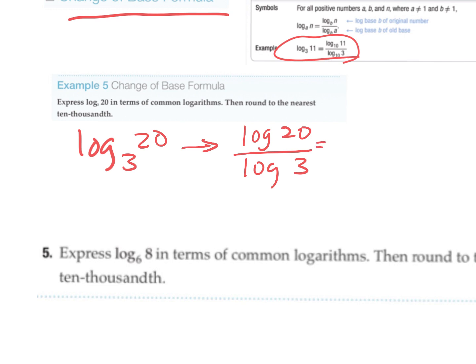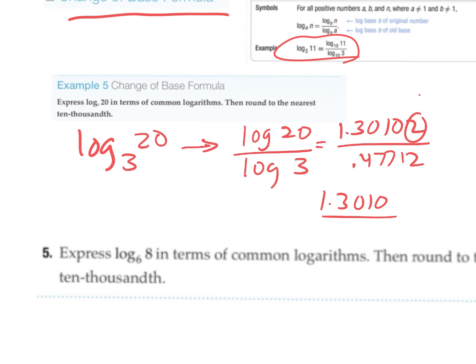So log 20, if I go log 20, I get 1.30102 over log 3, which is 0.47712. Remember, we always go out 5 places so we can round. So the top ends up being 1.3010 because this is less than 5, so this stays the same. This is less than 5, so this stays the same,